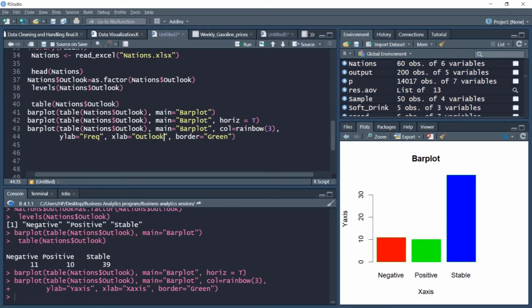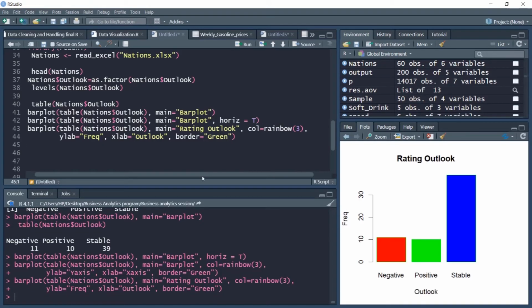Central heading I can change to rating outlook. Let's see how it appears. So if I run this, a very nice looking and very aesthetic plot has appeared. Now on this chart, you can add legends also. For example, if you want to add legends, you can simply use this legend command,